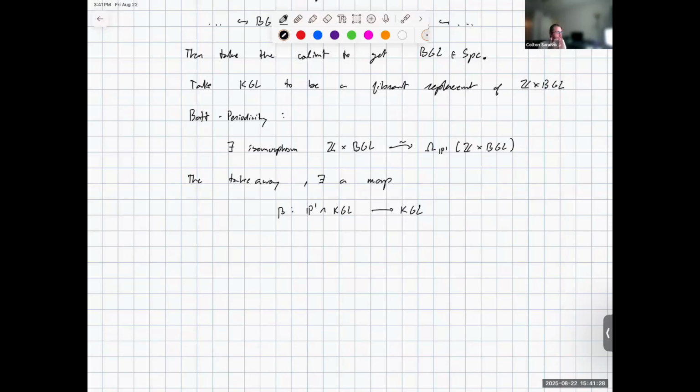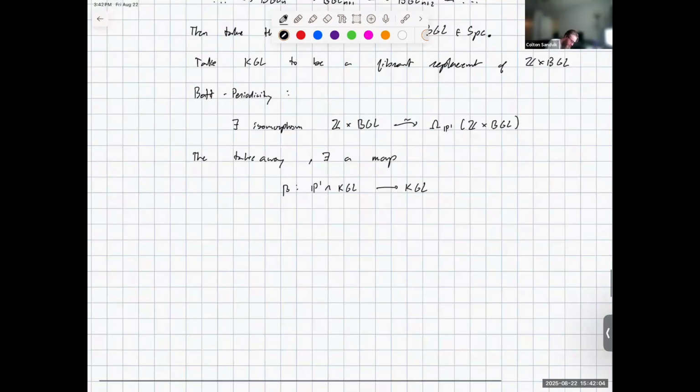This is a lot stronger, or a lot nicer, than what we encountered with complex topological K theory, in that here the spectrum can be taken to be just KGL for each of the terms. So it is basically one periodic, not two periodic. Exactly. This is also why it's nice to use P1 here, just because it makes it as such, right? If you had picked a different normalizer, yeah.